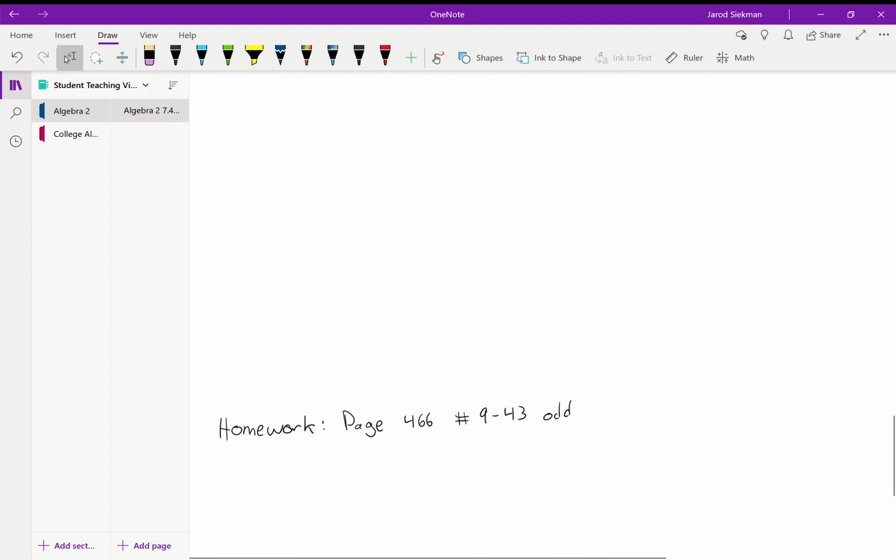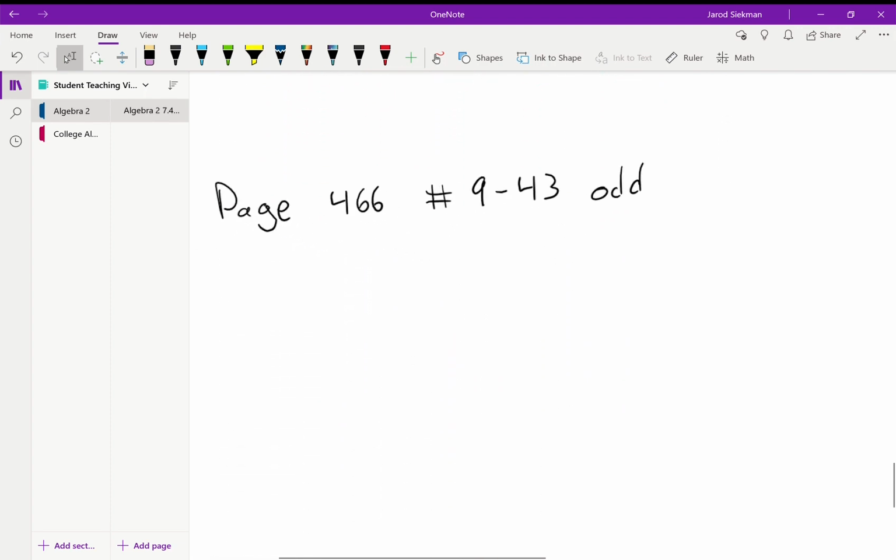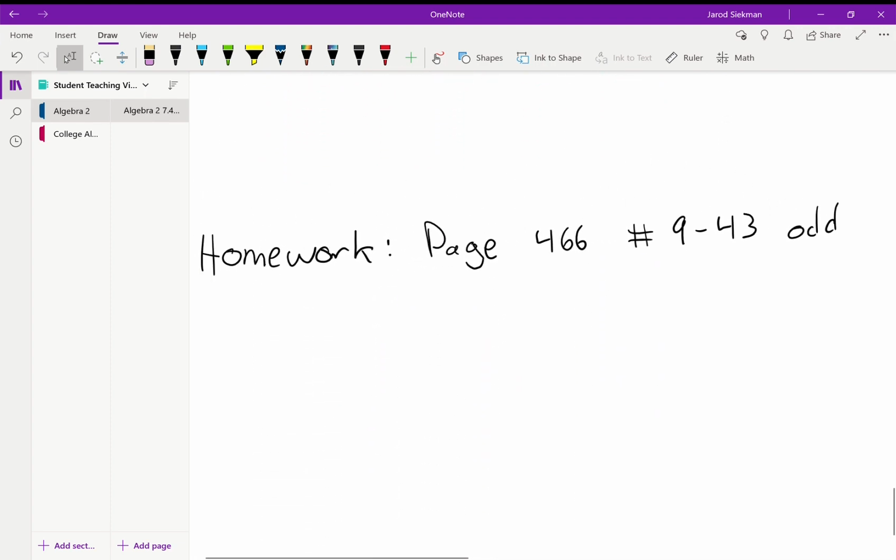So let's scroll down here. Here is your homework. Page 466, numbers 9 through 43 odd. These problems don't take very long, so it won't be too much work. But go ahead and work on those,